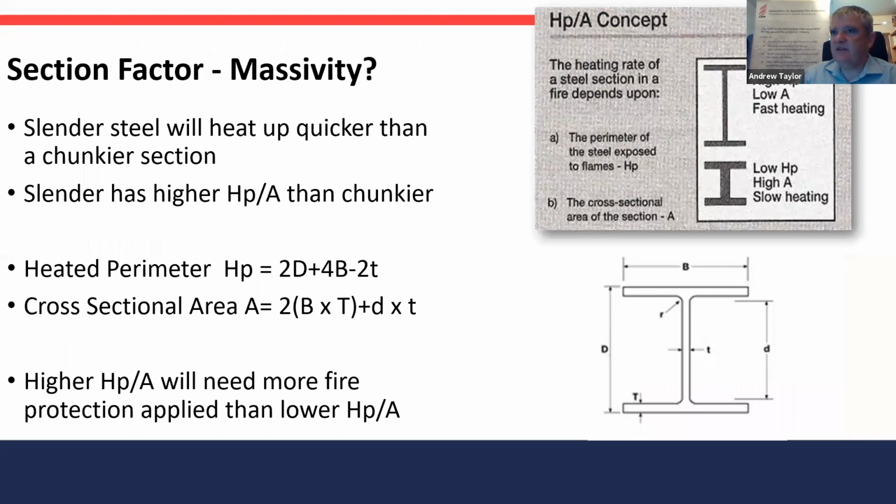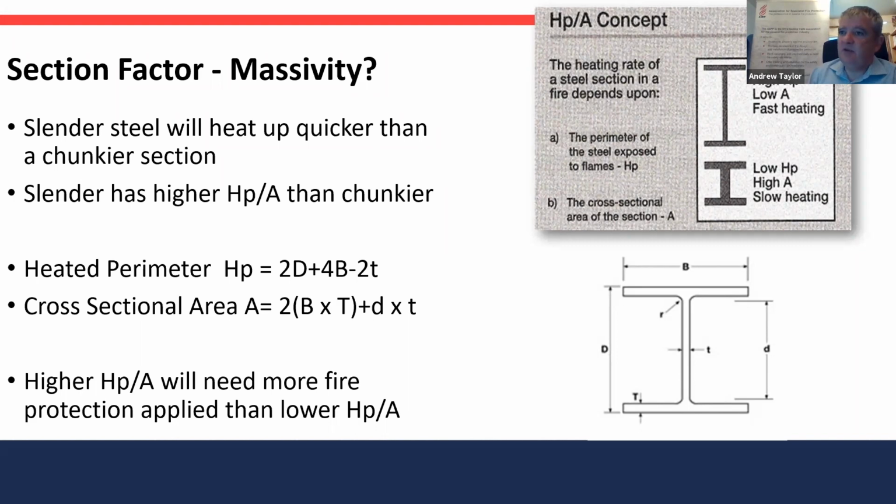Section factor and emissivity. You know, slender steel will heat up faster than a chunkier section. So we have this thing called HP over A, more recently rebranded in the European world as V over A. And the Yellow Book will explain to you how to calculate what the heated